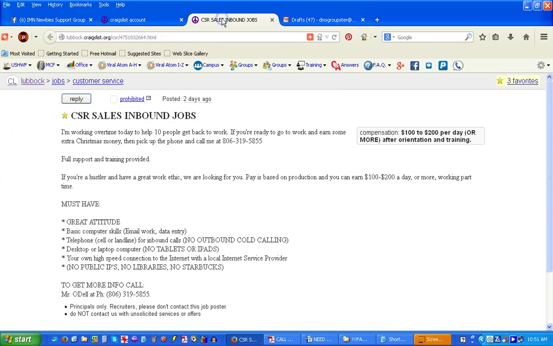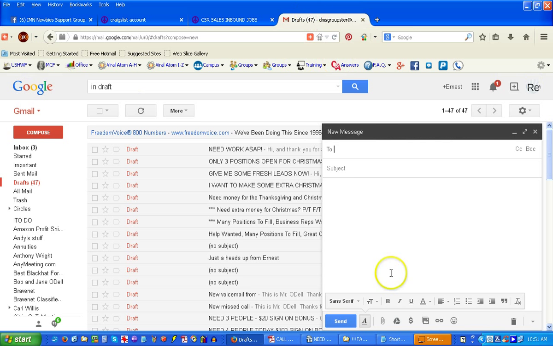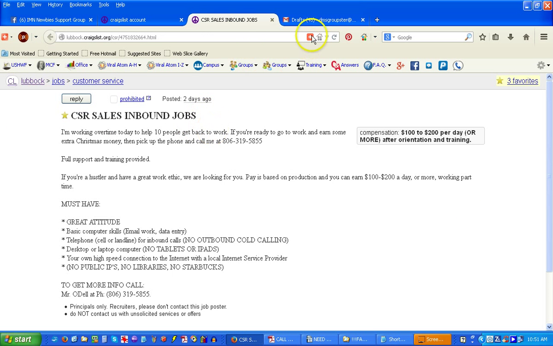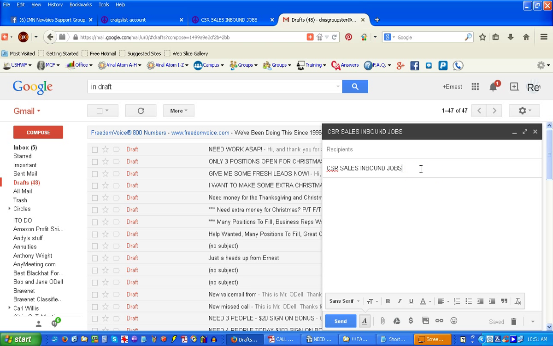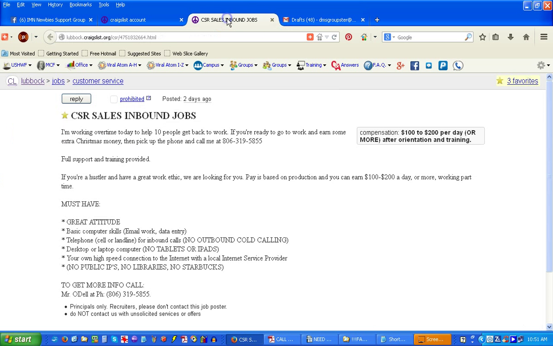And since I'm here on CSR, let's take a look at CSR sales inbound jobs. I don't have a canned response for this, so let's copy the title. Now we're going to go to the subject line. You don't put anything up here in the recipients. We're going to put in the same title without spaces on the end. Sometimes it'll copy the spaces down here and you won't see it. Make sure there are no extra spaces, no extra characters, and it reads the same way as your title up here